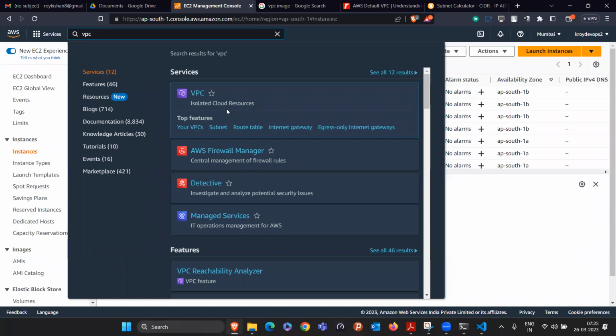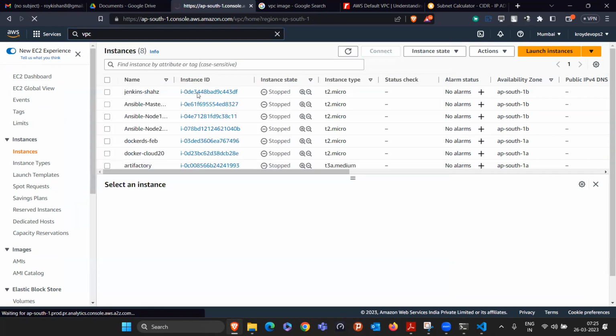Similarly, there is another team, the DevOps team. For them, I will dedicate one more VPC that way. So it happens. That's why it is called isolated cloud resources. A person from outside of the VPC, or EC2 instances from outside the VPC, will not be able to communicate with the computers inside that VPC. So if I open this,